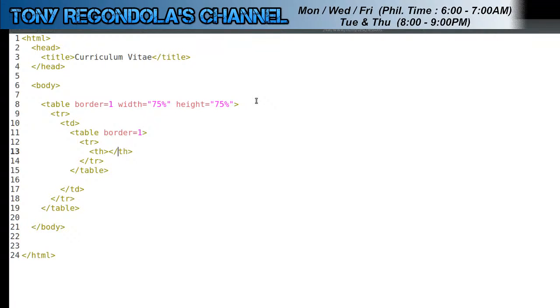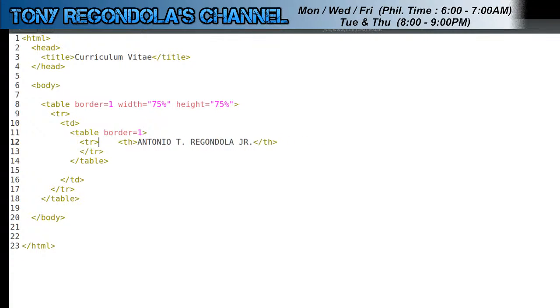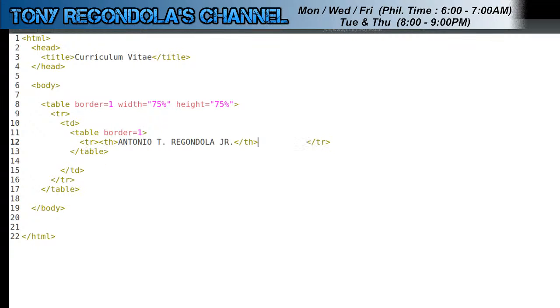And then here I could write my name, let's say all caps, Antonio T. Regondola Jr. And then on the next, so it should be on the next row, not next column. So I will just make it this way, although it doesn't matter if you put it on the next line or as a one liner. Because it's on the next row,